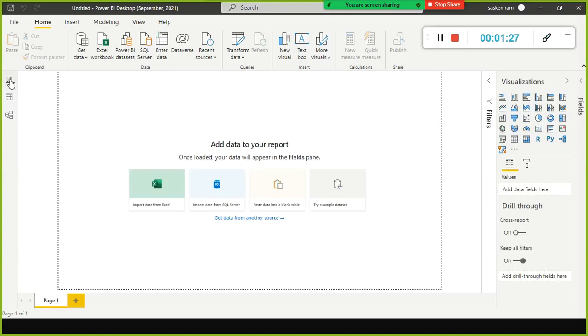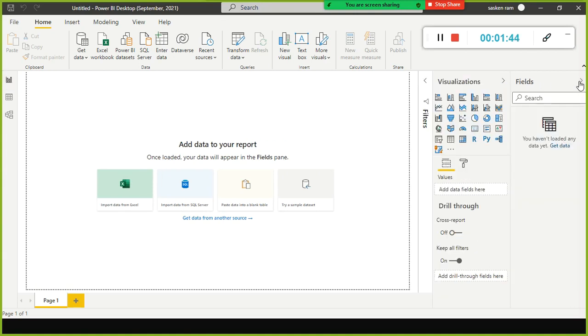It encompasses Power Pivot and Power View. This is called your Power View, where we do report generation. We create the reports and dashboards here. On the right side you will find the visualization pane, and on the extreme right side you will find the fields pane. Currently there are no fields.